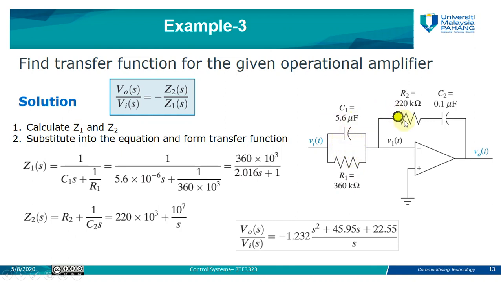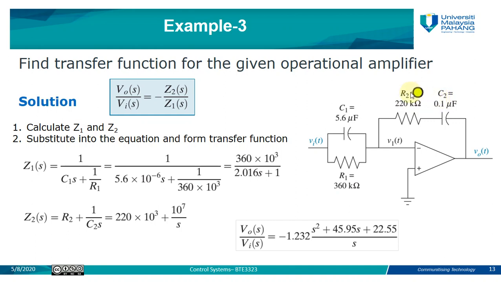So you need to calculate the equivalent impedance for the output and the equivalent impedance for the input, using the method that you learned during circuit analysis, either one or two. So you need to know the value of the impedance for the series and for the parallel. In the case of the series here, the value will be R2 plus